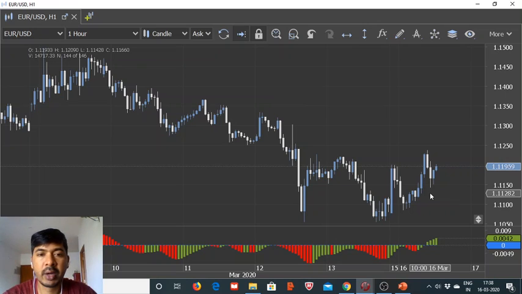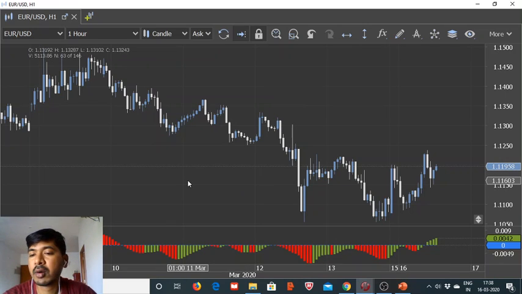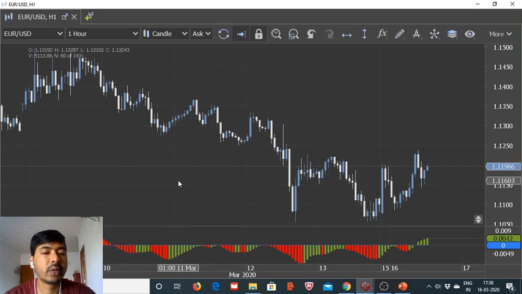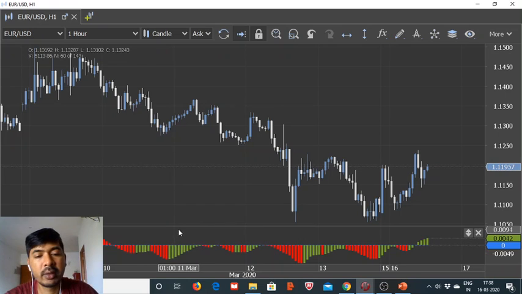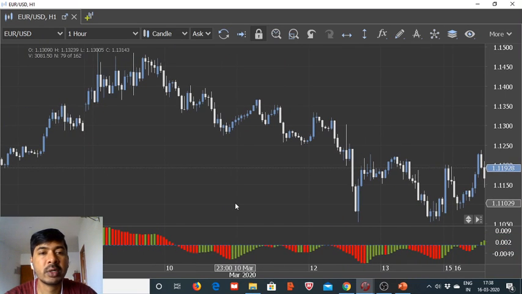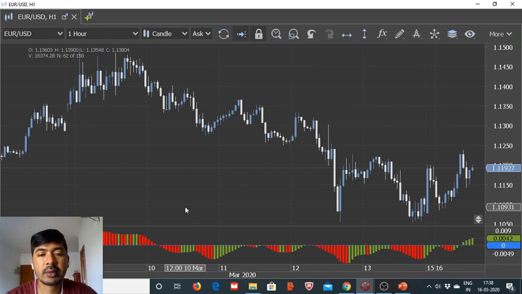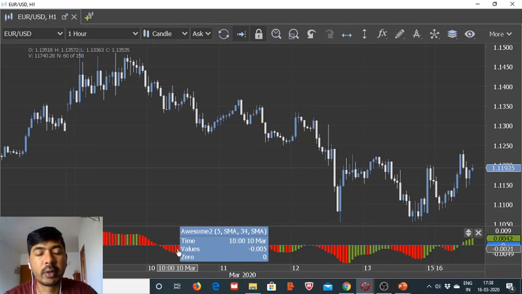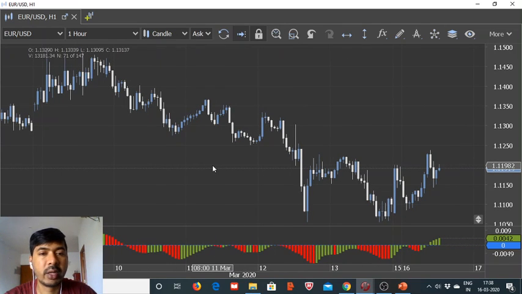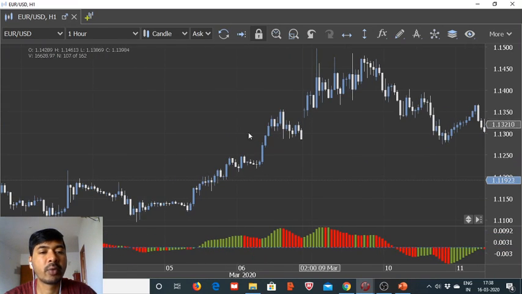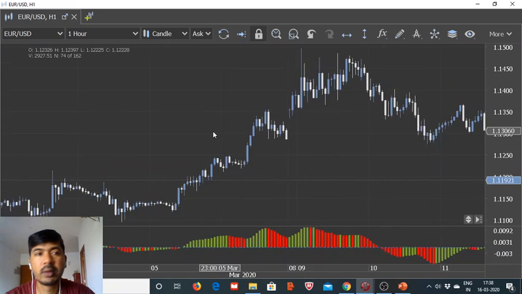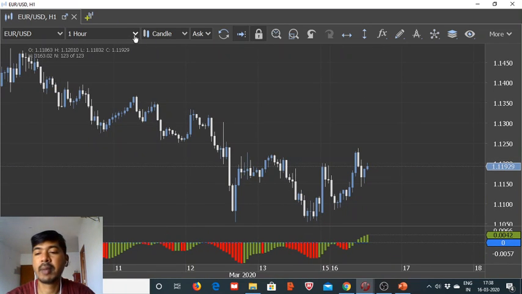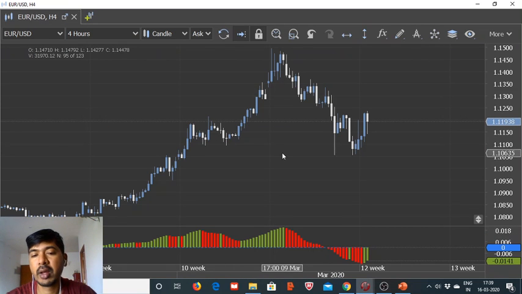So we use the same technique here on the hourly chart as well, as we saw that we wanted to sell only when the negative value is falling. So again we use the same criteria. We bring that parameter for the 1 hour also, and we will be looking for a short sell only when the negative value of this awesome oscillator is falling. And for such a scenario we need to see enough proof on the chart that our strategy might work as we desire. So here let us change it back again to 4 hour,